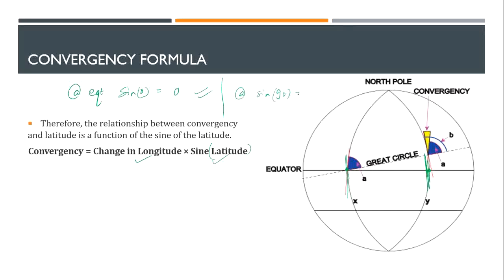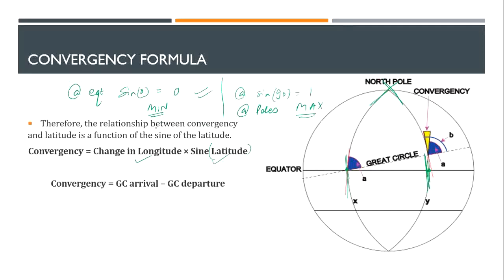1. That is the maximum value sine can reach, and that is why at my poles we have the maximum value of convergency. You can see yourself, if I draw tangents over here, I will get the maximum value between them. So poles have the maximum value, and at the equator, minimum. You can write it down. That is how questions are asked in the exams. They are both logical and numerical in nature.